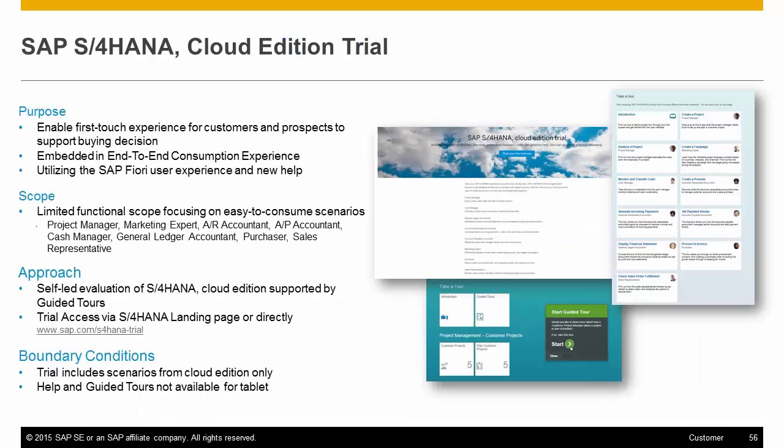Are you curious now and want to learn more? In this case, I do recommend to access the 30 days free cloud trial for first touch experience. You can test drive the solution based on various predefined user roles delivered in a self-led evaluation mode with guided tours. And again, visit the SAP Activate community at